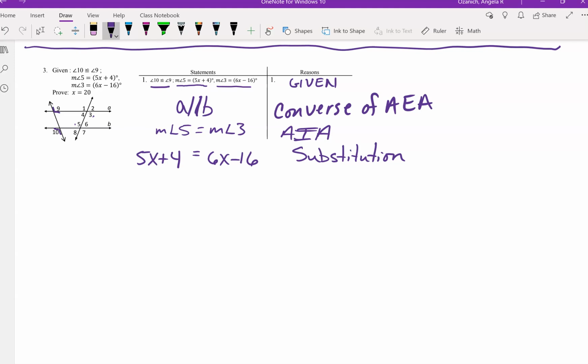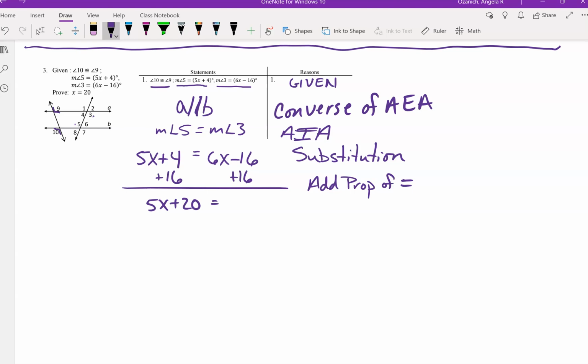Okay, so I'm going to go ahead and I'm going to add 16 to both sides. And that has a reason as well. It's called the addition property of equality. So we'll say addition property of equality. We're going to kind of summarize that with a little shorthand. We end up with 5x plus 20